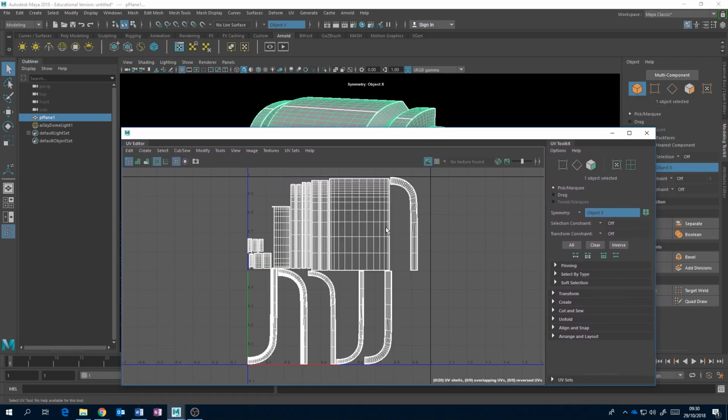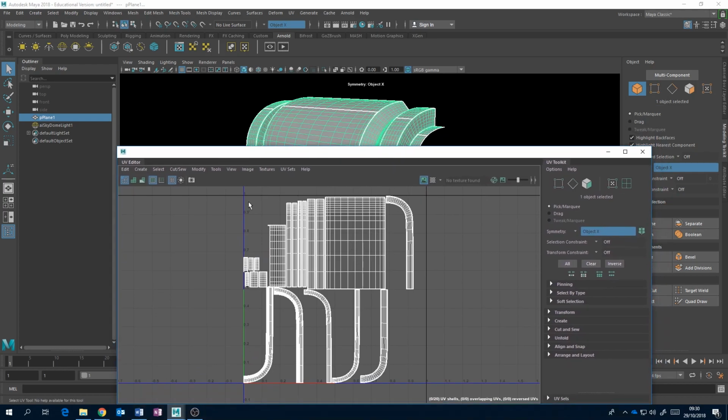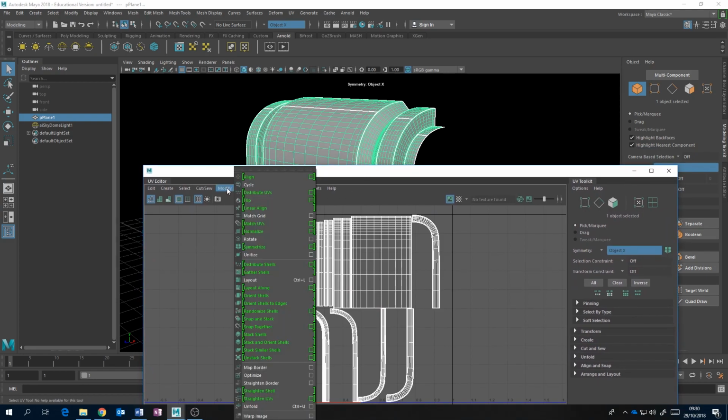We need to lay out these UVs so that they maximize the amount of space they can get in this kind of little square here, because this is what we're interested in. There is space outside, but we want everything to fit into this little box. It's a bit like household rearranging and figuring out the perfect fit. But we let Maya do it for us by using Modify,